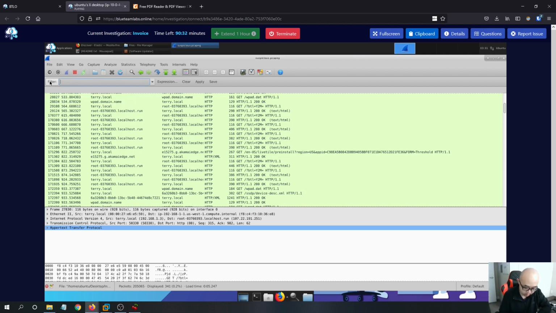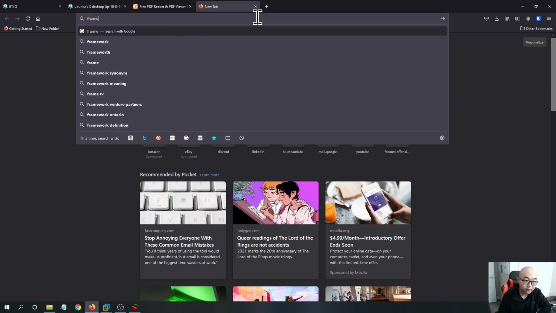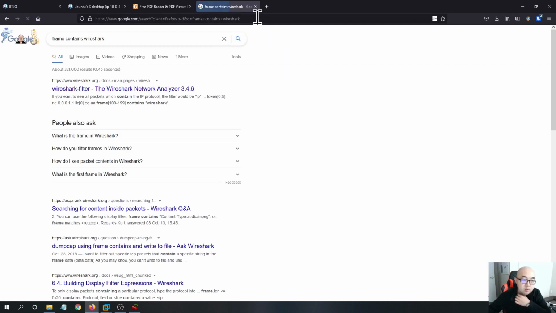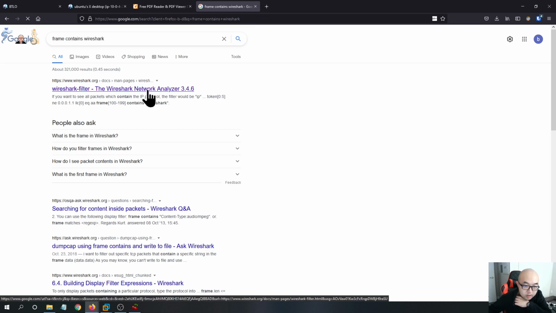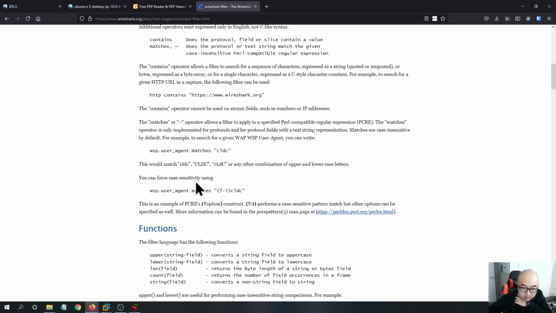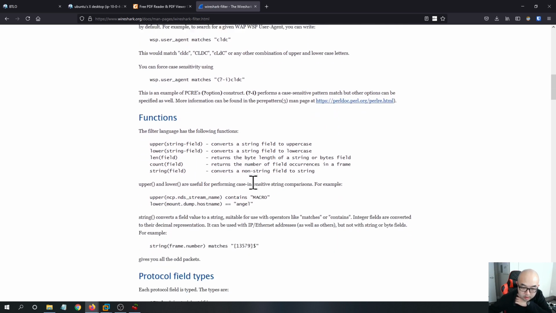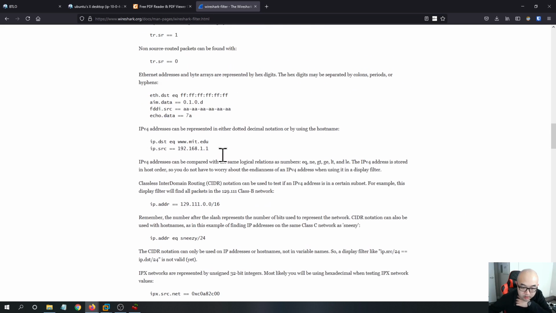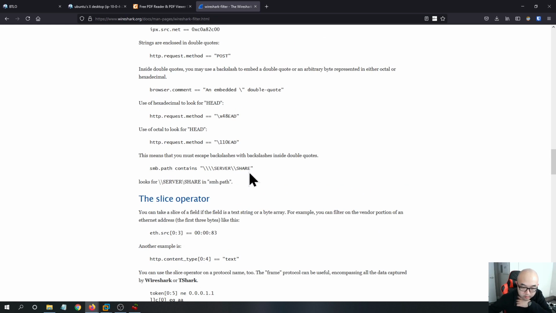Let's try something else. I guess we can use frame contains, right? Wireshark has frame contains. This is helpful. Basically you can search for a certain string. You can use HTTP contains, or you can use frame contains. But I found that frame contains is most useful in the case where you cannot find certain